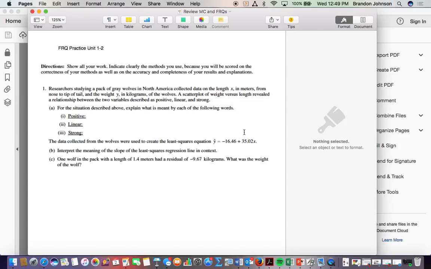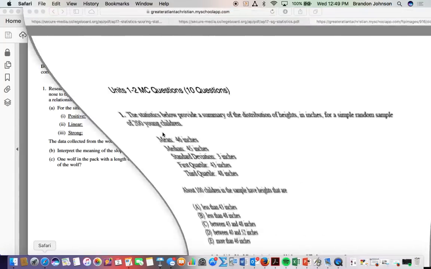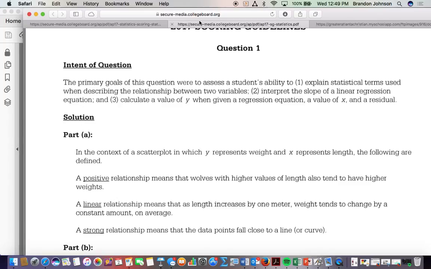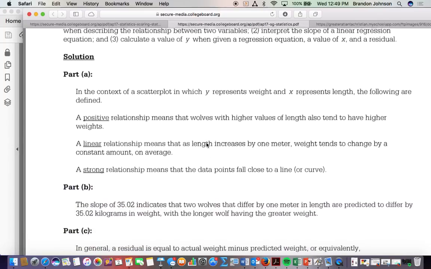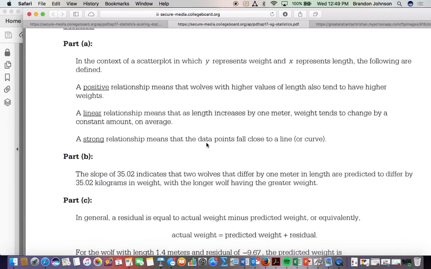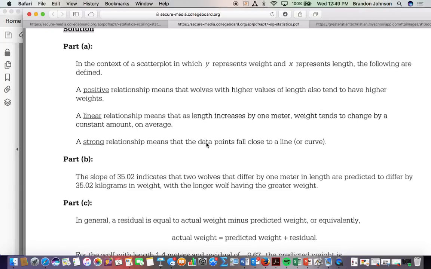So as length goes up, length from nose to tip of the tail goes up, weight goes up. Oh, there we are. Alright, next part, linear is the